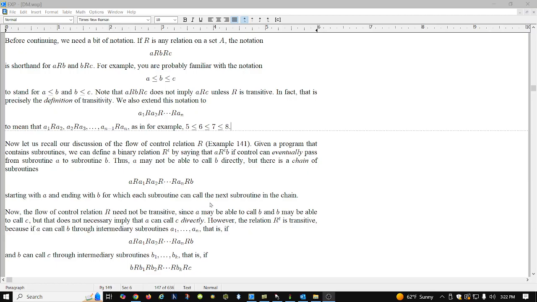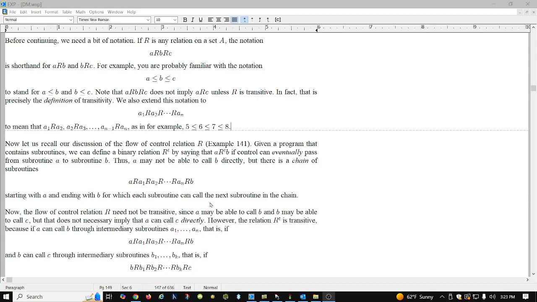The flow of control relation need not be transitive in general. A may be able to call B and B may be able to call C, but that does not imply that A can call C necessarily. Not directly,